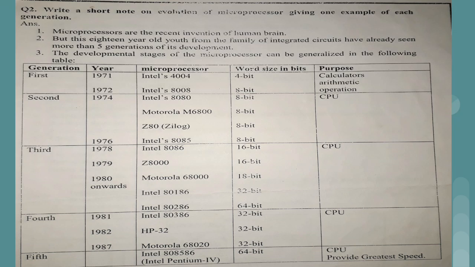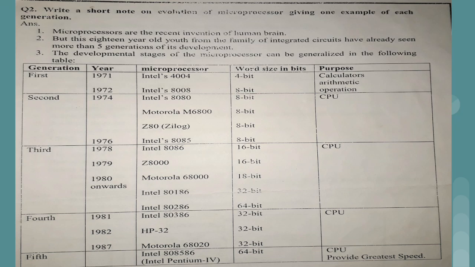So Pentium 4 is what we call the processor, but the number which is given to that processor is 80586. Okay, so that you should remember. In the printing there is a printing mistake. The Intel 808586 is given, but that 8 is extra, it is 80586.